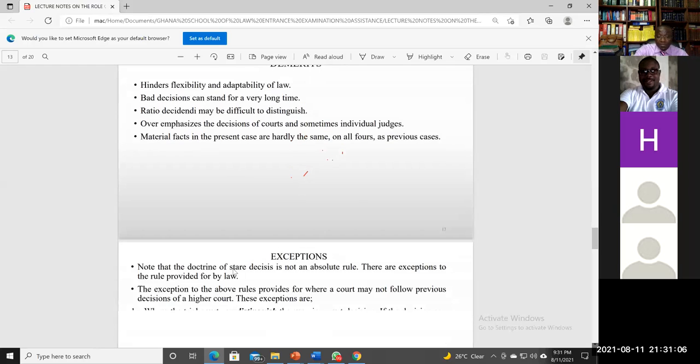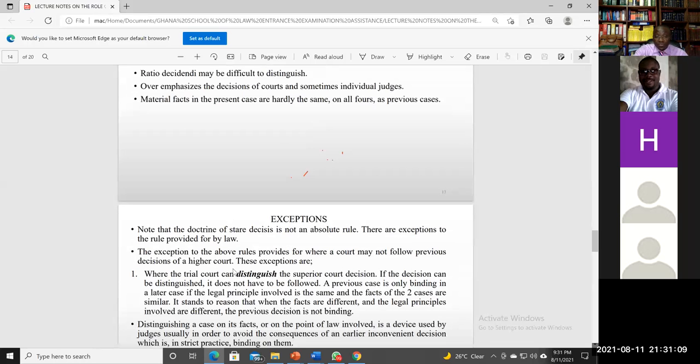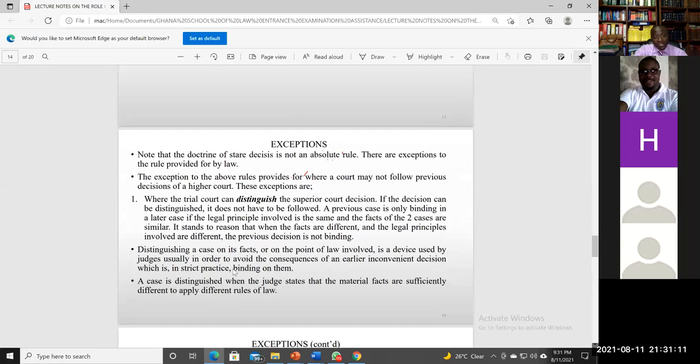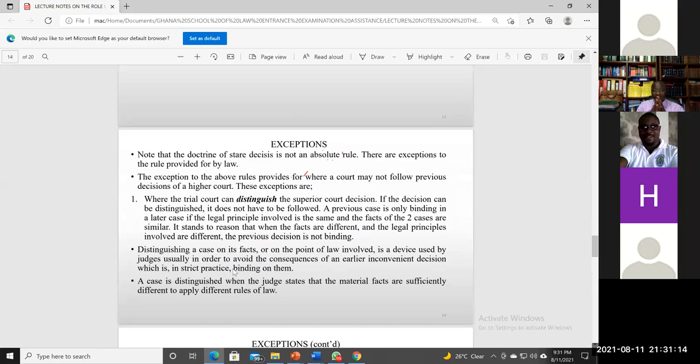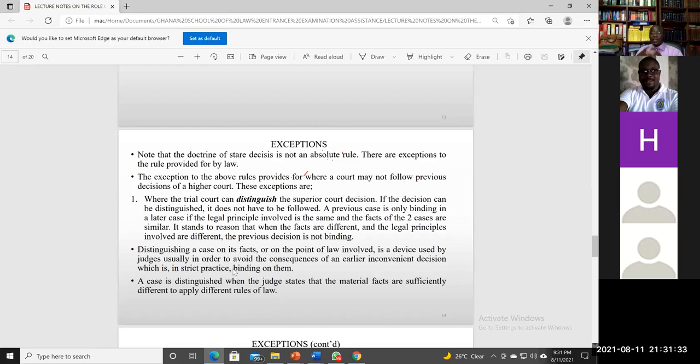So these are some of the things that we have to keep in mind. But we need to know that the doctrine of stare decisis is not absolute. That is to say that, yes, it is not an inflexible rule. It's not an inflexible rule in the sense that there are ways by which you can circumvent it, by which we can choose not to follow it. What are some of these ways, or what do you call the exceptions? For